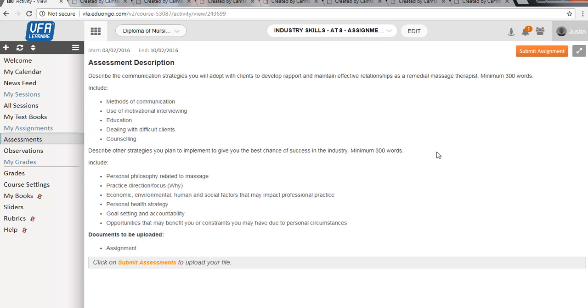Okay, so I've clicked on an assessment task. Basically, this is an assignment. So this is what it'll look like. It describes the assignment and what you're required to do. So it describes the communication strategies you will adopt with clients to develop rapport and maintain effective relationships as a